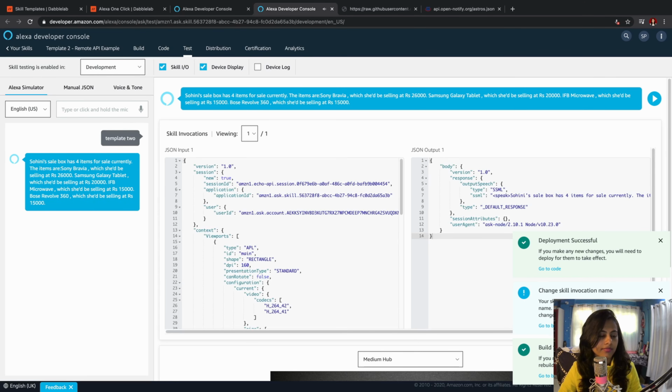Sony's sale box has 4 items for sale currently. The items are Sony Bravia, which should be selling at 26,000 rupees. Samsung Galaxy tablet, which should be selling at 20,000 rupees. IFB microwave, which should be selling at 15,000 rupees. Bose Revolve 360, which should be selling at 15,000 rupees. Yeah, so these were the things that it picked up from my